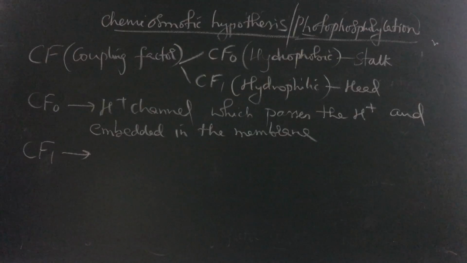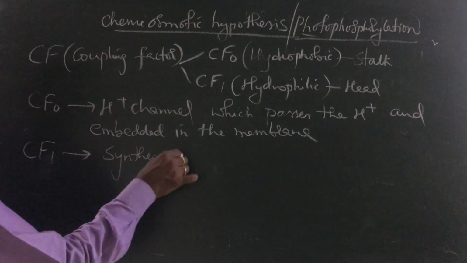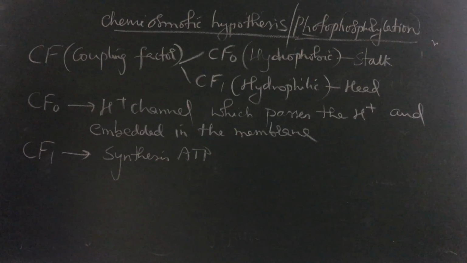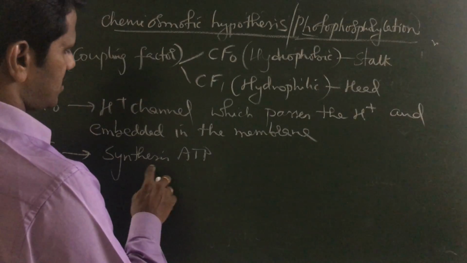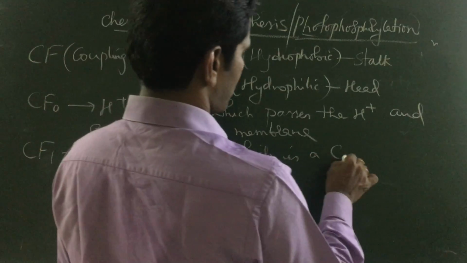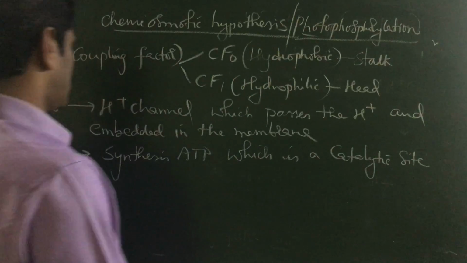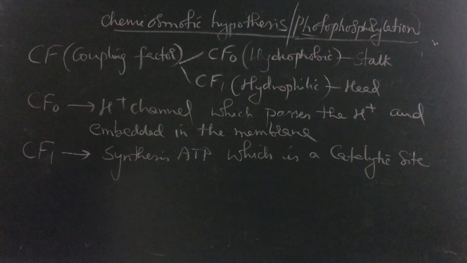Whereas CF1 synthesizes ATP. This will synthesize ATP, which is a catalytic site. It protrudes on the outer surface